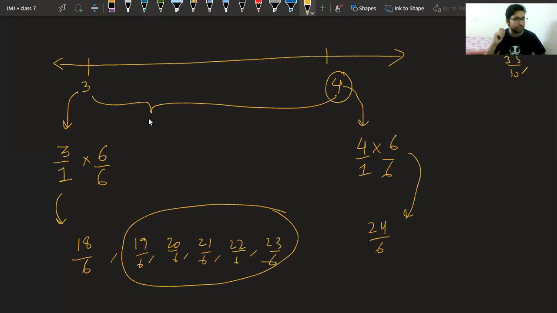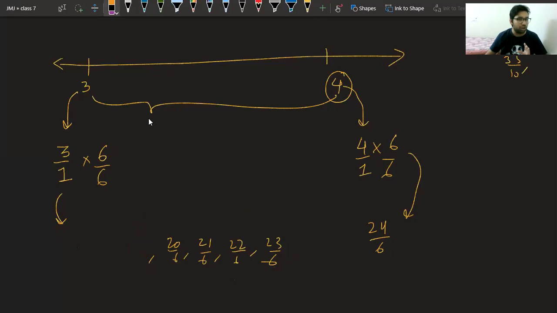Yes, sir. But again, I will request you, why are you complicating things for yourself? Why can't you go for 10 by 10 when it is very easy? Okay, 10 by 10 is the best answer. But they are all correct. Let me tell you, they are all correct. None of them is wrong. Let me write 10 by 10 now.